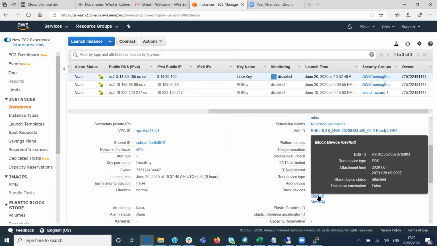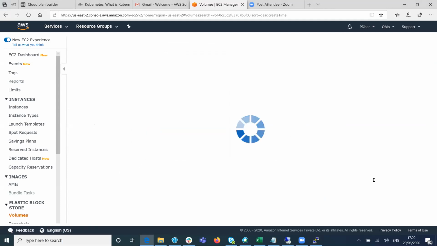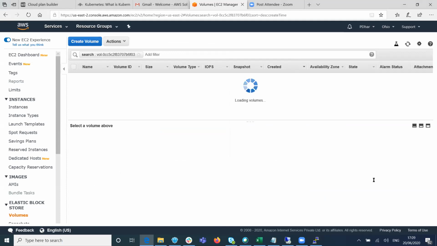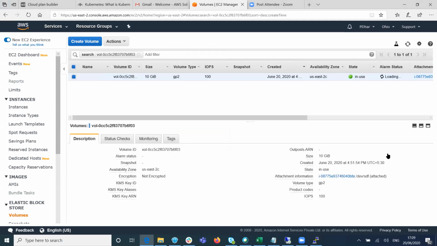Open that. Attached. Just click on it. EBS ID. This is 10 GB, right? That is visible there. I saw that.